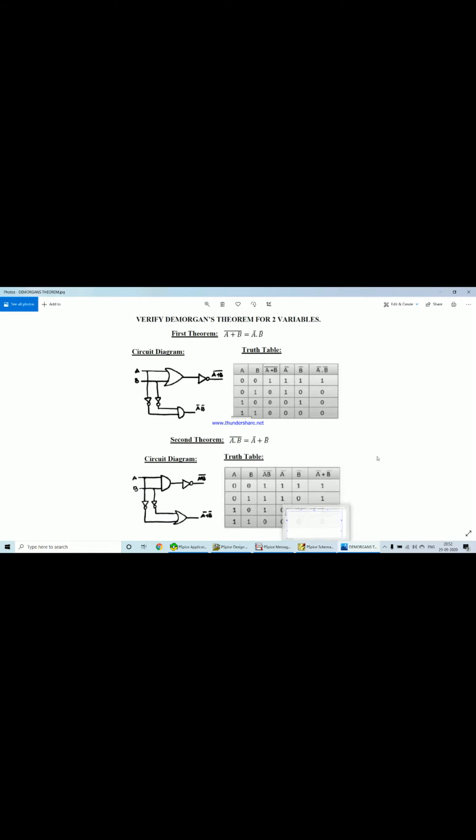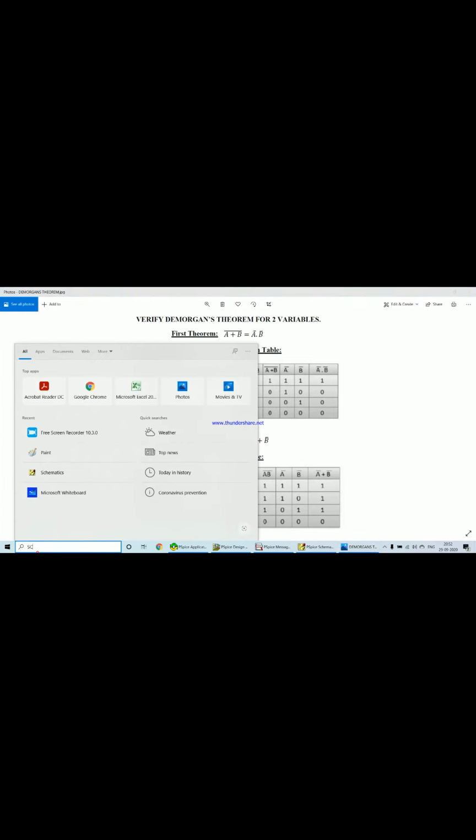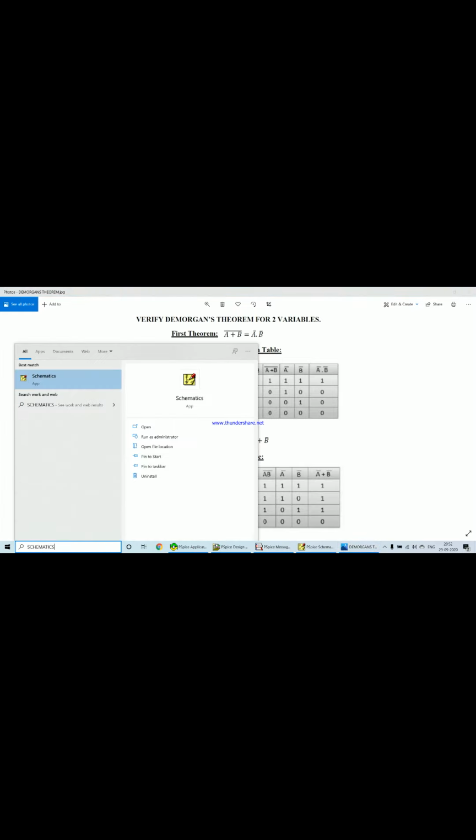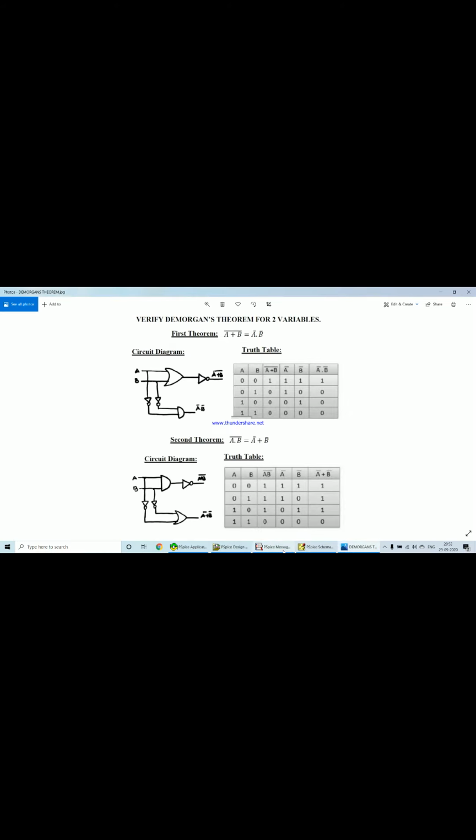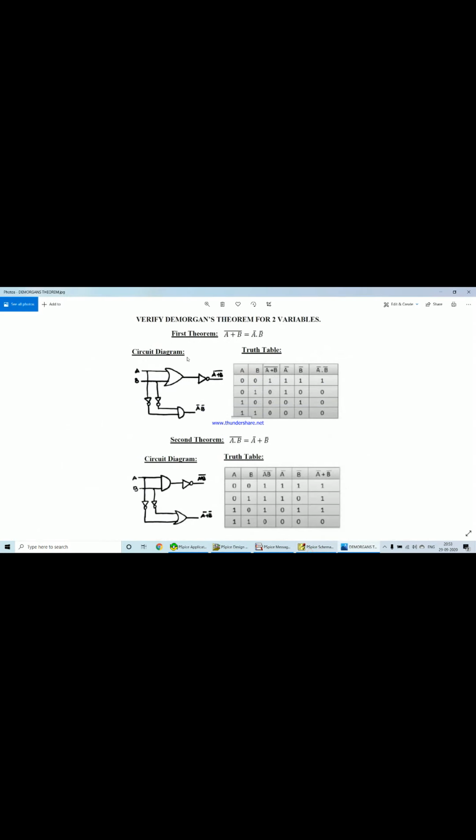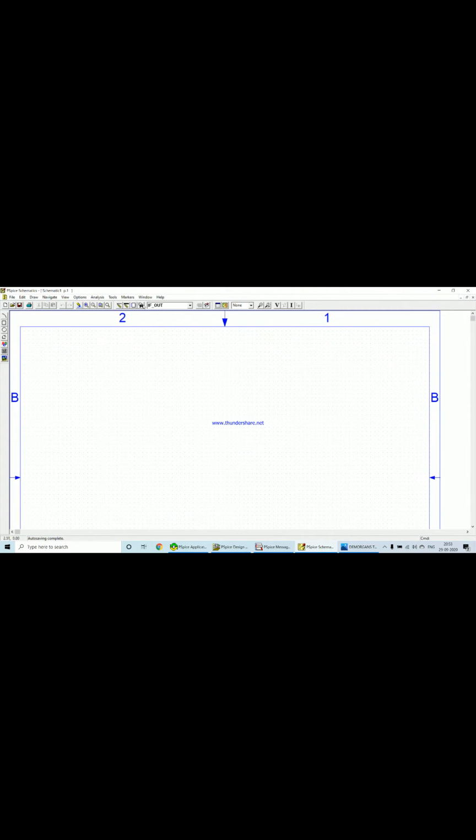I hope those students who will be watching this video have the schematics PSpice tool installed in your computer, where you need to type schematics. If you type schematics in the search block, you will get a yellow color box symbol with a pencil mark. This is schematics. You should open that, and this is where I will be drawing the circuit. To draw the circuit, we need to know the circuit. We have 1 OR, 3 NOT, and 1 AND gate. So we place that. To place that, you can see at the top there is a symbol, get new part.